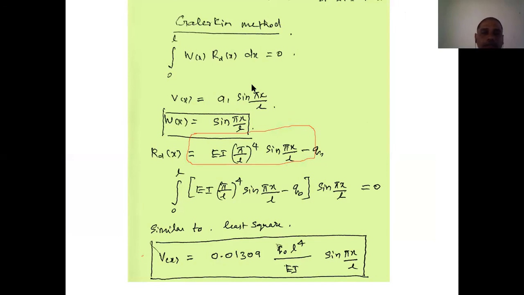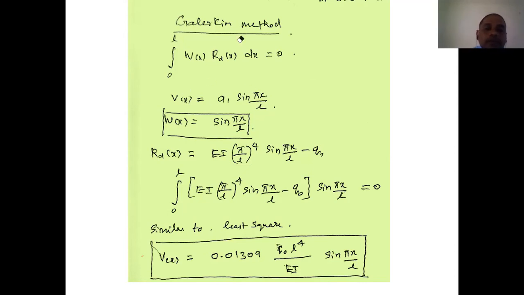So here in the Galerkin method, the integral of the weighted function and the residual function becomes 0. So that is the meaning of the Galerkin method here. You need two different functions. One is called the weighted function and another one is called the residual function. Residual functions we know. Then what do we mean by a weighted function? The weighted function is none other than the trial function. Simply we can say the coefficient of the unknown parameter in the trial function is the weighted function. The weighted function can otherwise be termed as interpolation functions also.